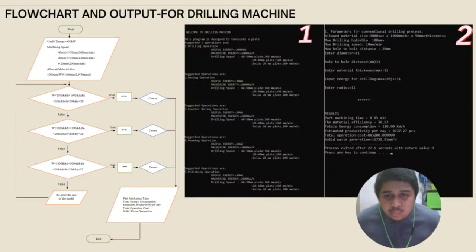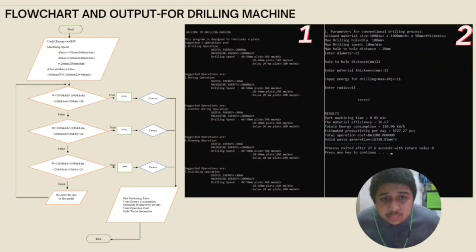The second is boring operation. Third is counterboring operation. Fourth is reaming operation, and fifth and final is polishing operation. So these five are the suggested operations that we might use